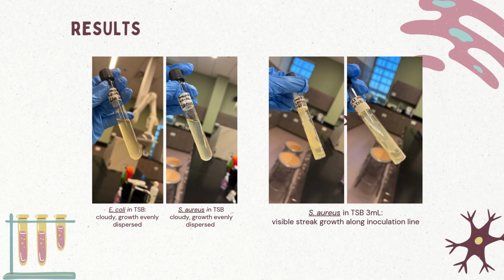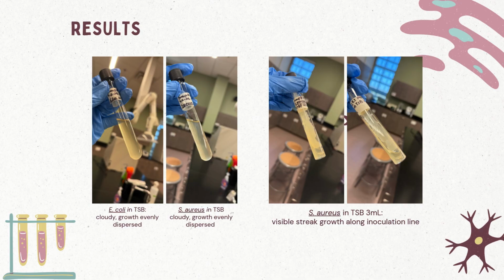On the TSA slant with S. aureus, we saw clear growth along the streak line where the loop had been used. The colonies followed the inoculation path, which confirmed that the transfer was successful. The growth pattern also matched what we expect on a slant. It's surface growth that stays mostly where the inoculating tool made contact, unlike the broth, where the bacteria spread throughout